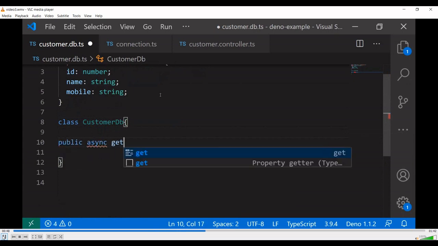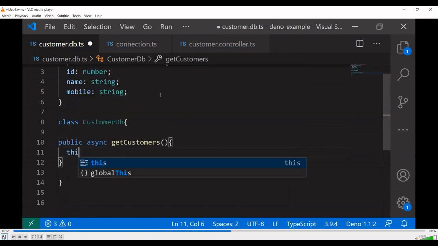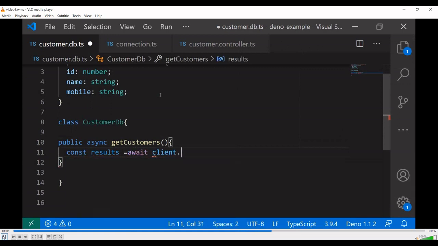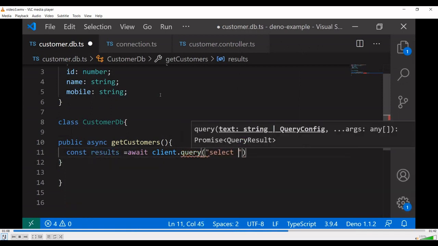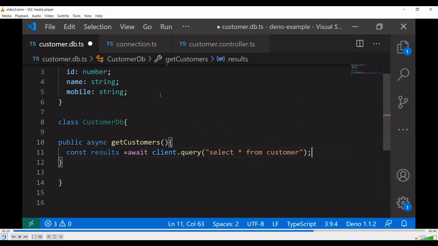First, I'm creating a method to get all the customer information from the DB. Constant results equal to await client.query, which is used to execute our raw query. In this video, we are using the raw query example. In the next video, we can check how to create the ORM connection.